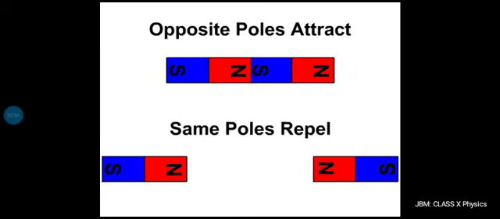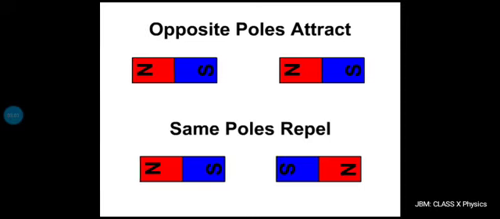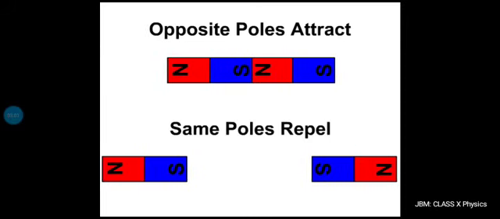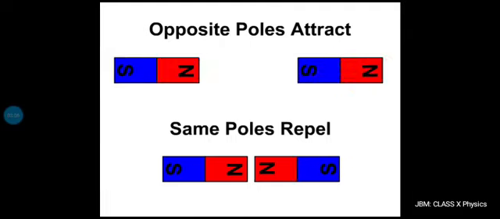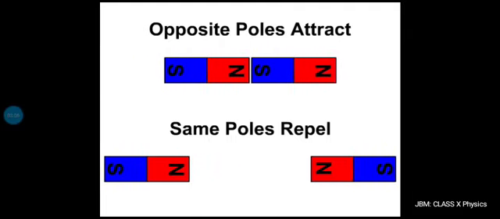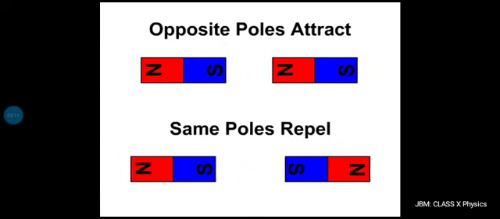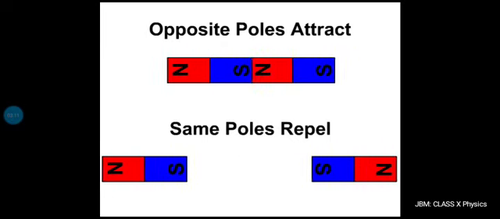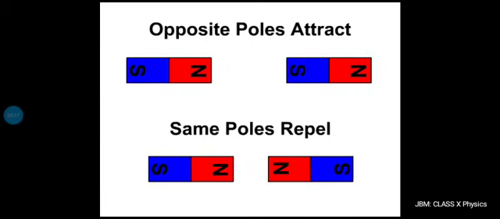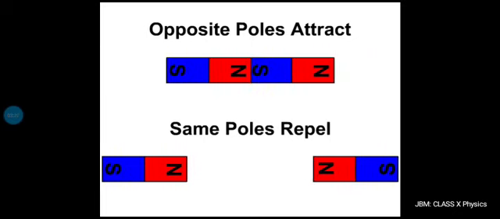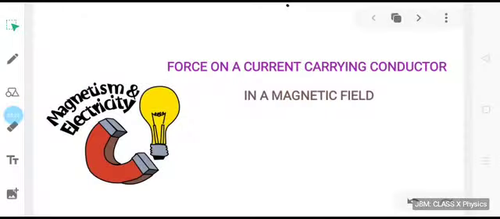So what is going to happen if we place a current carrying conductor in a magnetic field? What type of force is going to act on that conductor? Whether any motion is possible? What are the factors on which that force is going to depend? What is the magnitude and direction of that force? All this will be discussed in today's lesson. So today we will be studying about force acting on a current carrying conductor kept in a uniform magnetic field.